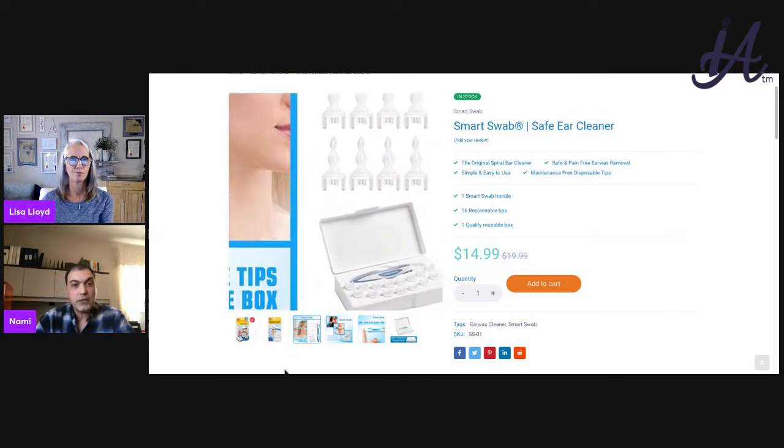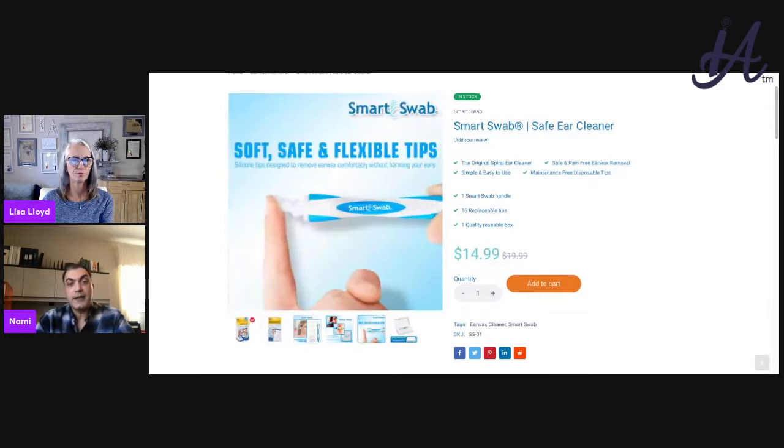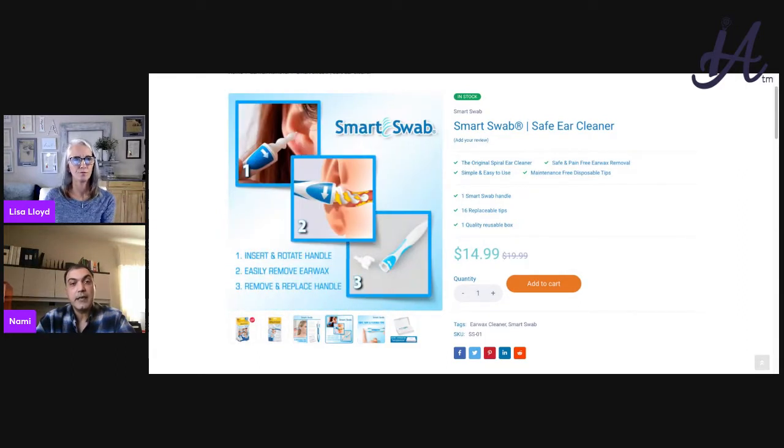So you twist the handle, and of course the tip will twist, and the direction is the clockwise twist. So when you twist it clockwise, this spiral soft tip exfoliates the debris and earwax or whatever is in your ear outward instead of pushing it in. It's brilliant. And also, the other thing about this design is it prevents injuries, because I saw a lot of